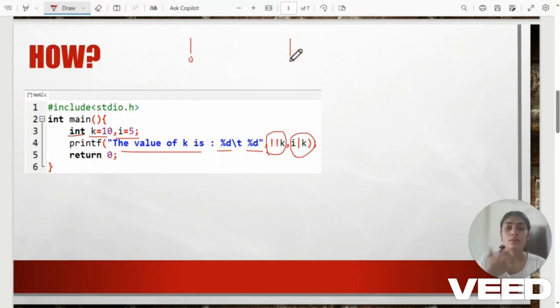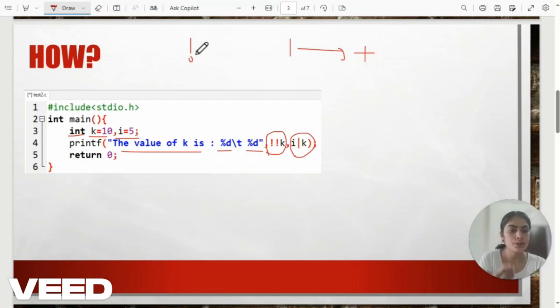Basically, the or operator behaves as a plus sign or as a union sign. And the not operator works in the form of boolean, either true or false, either 0 or 1. That means, suppose the value of k is true.